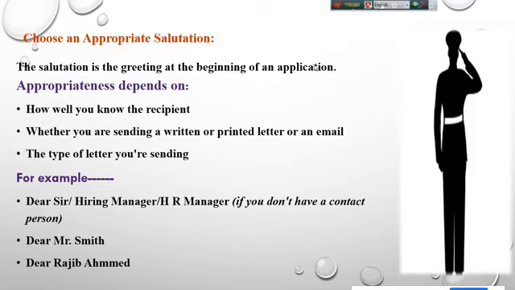So for formal job application, আমাদের দেশে যেটা হয় normally, all over the world it happens like this: dear sir, dear hiring manager, or dear HR manager. If you don't have a contact person name or whatsoever, or dear Mr. Smith or dear Rajib Ahmed, but আমাদের দেশে it's a little bit different. That is, আমরা সাধারণত ডিয়ার শব্দটা ব্যবহার করি না। সেটার ব্যাখ্যা আমি এখন দিতে চাচ্ছি না তোমাদেরকে, বিকজ টাইম ইজ ভেরি শর্ট। সো আমরা সিম্পলি লিখি স্যার। ওকে, আই বেগ টু স্টেট দ্যাট হোয়াটসএভার।